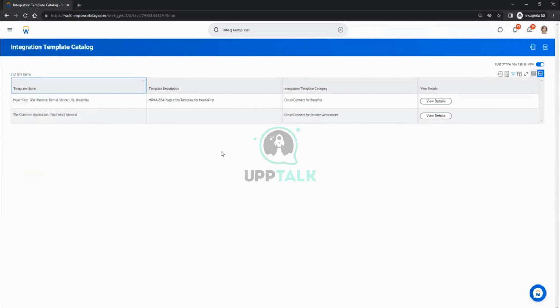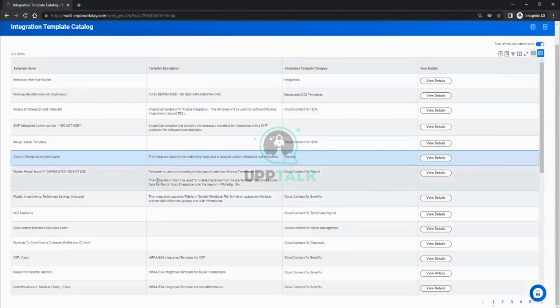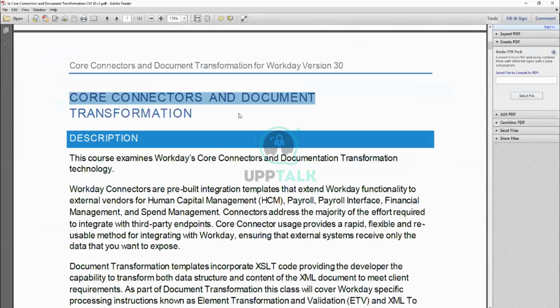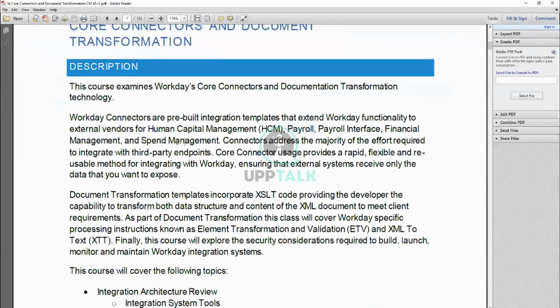This is the place. Integration template catalog, where you see that. Remove filters. This is all there. Now let me go back to this part. As I was telling, Workday connectors are the pre-built templates that provide you functionality to connect with different external vendors